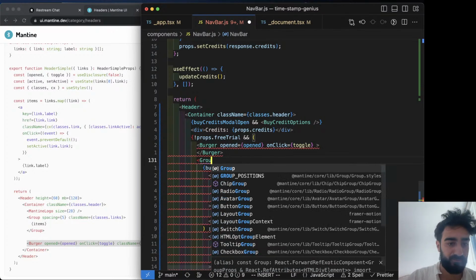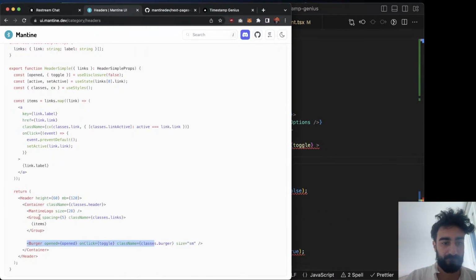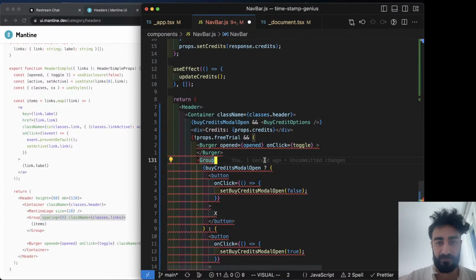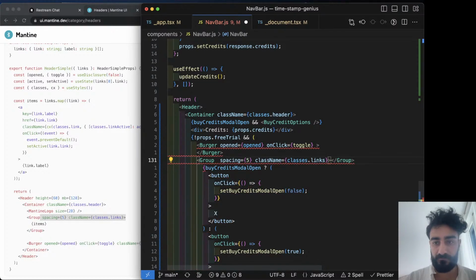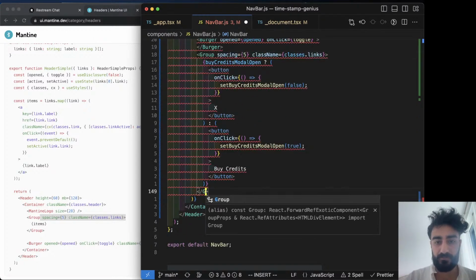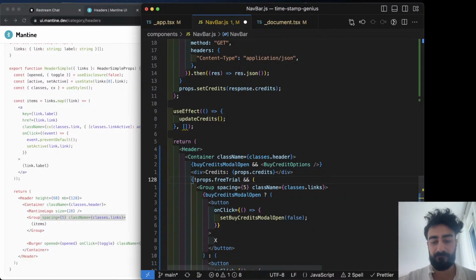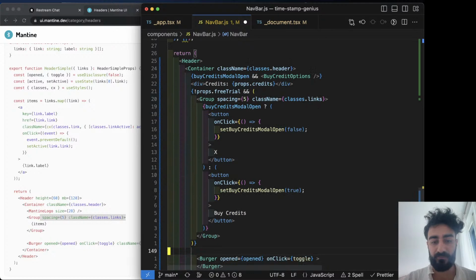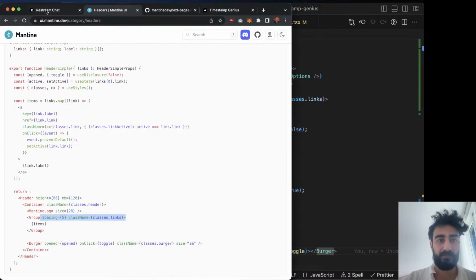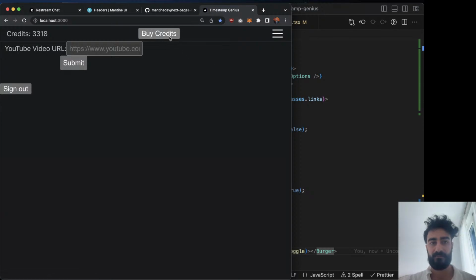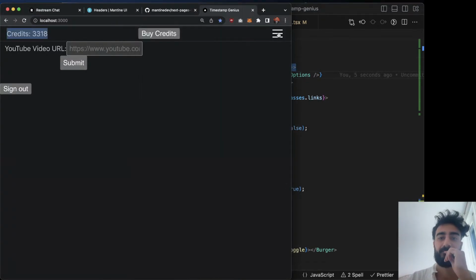I'm gonna make a group here, like they have. What the hell? And then I'll change this to group. And we'll move the burger to here. Okay. Okay. Progress. Definitely progress, but they